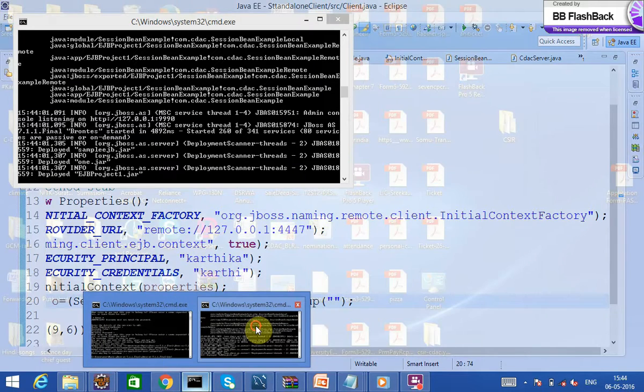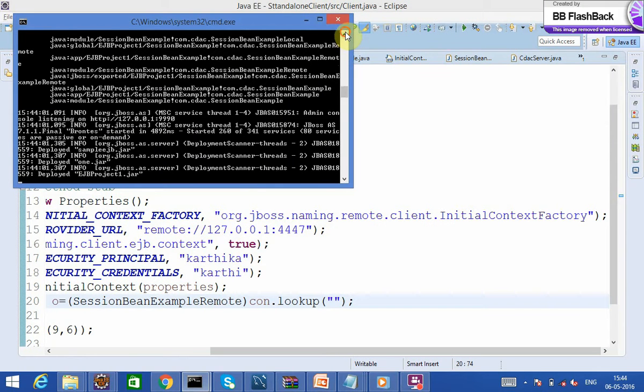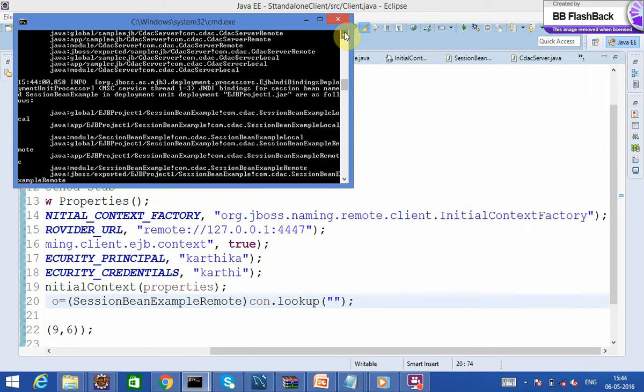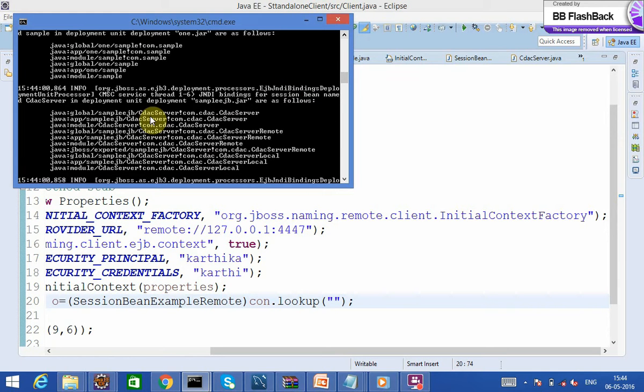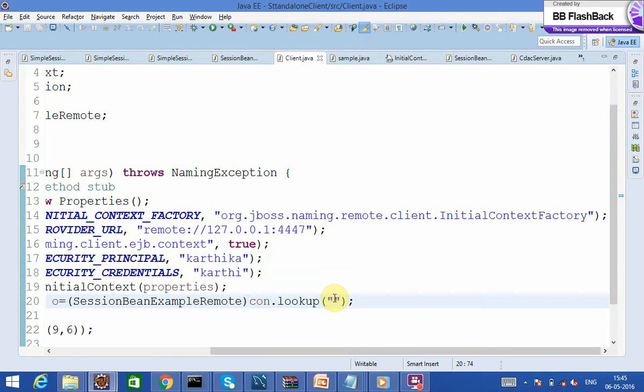So here our lookup URL will be, you have to contact the remote interface because you are a different application, you are not in the same server. So copy that URL, paste it here.